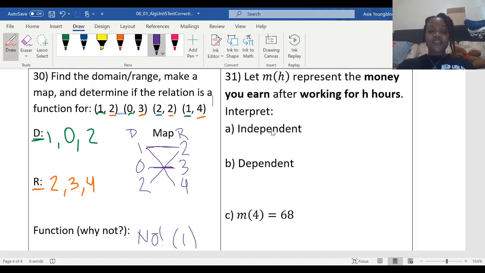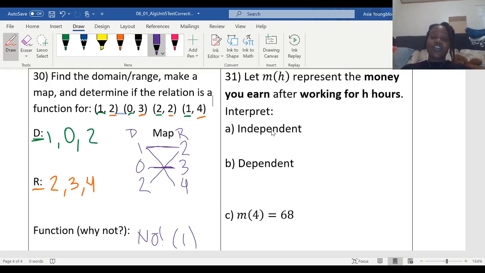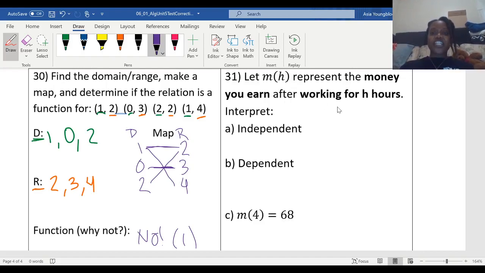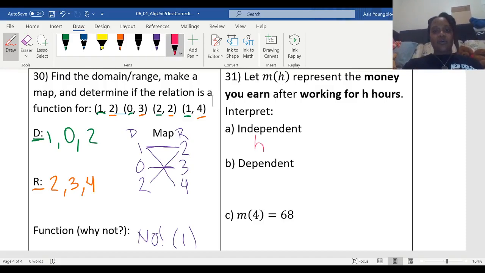So the independent variable is what we're plugging into the function. The independent variable is usually x, so it's our values in the domain. So the way this is set up, we see we have M of H. Thinking back to the very first page, the number that was inside of the parentheses was always our x value, our independent, our input, what we control. So our independent variable is going to be whatever this H is. And if we continue reading the sentence, it says that H is the hours you worked for. So the independent variable is going to be hours,